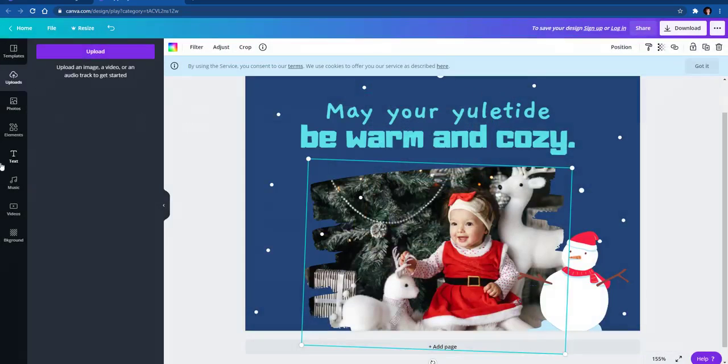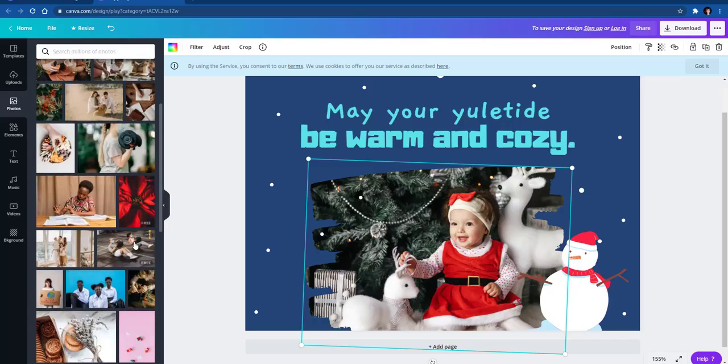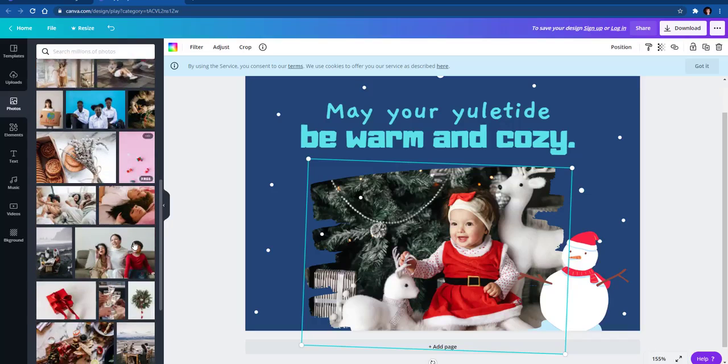But a lot of extra things like that, you do have to create an account. You can do some of these things without actually creating an account. So I'm just going to keep walking you through that portion. So photos, they do have photos on here that are free that you can use